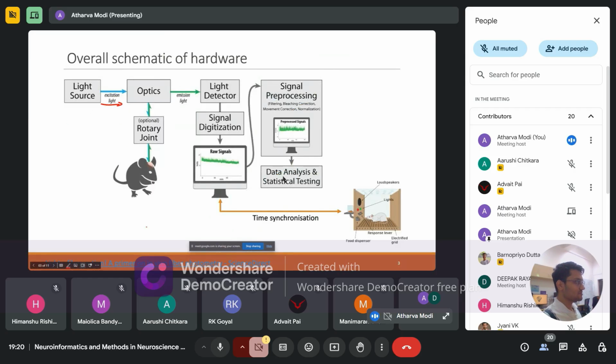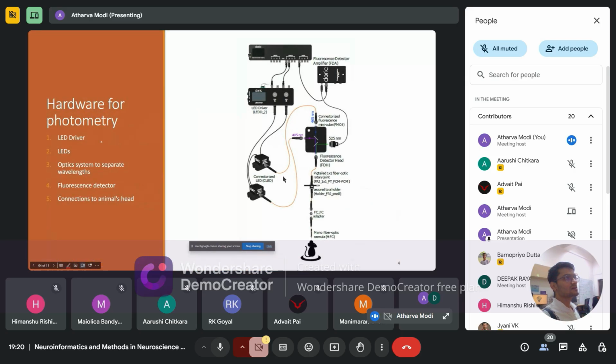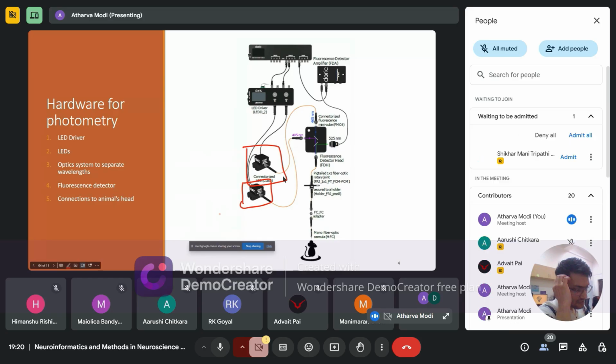This is just a schematic. How does it look physically? For driving the light into the brain, what we need is of course LEDs. These are the LEDs of different wavelengths that come in. These have a property that they can shine specific wavelengths of light,